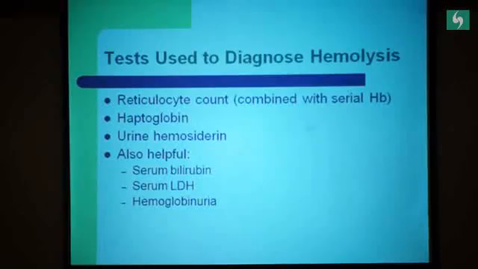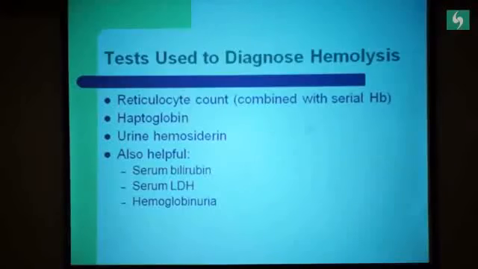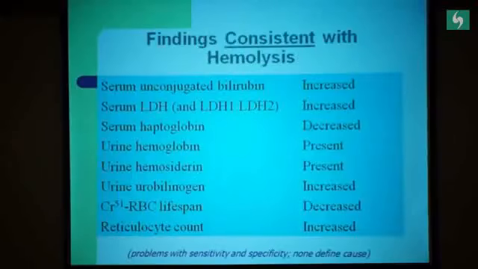finding that there is hemosiderin in the urine, the iron is deposited in the renal tubules, and so if a urine smear is made and we check it, we'll find iron deposits there. And suppose we find unconjugated hyperbilirubinemia, raised LDH or hemoglobinuria, all these are tests which are determining. And these are some of the features like retic count, unconjugated bilirubin, LDH, haptoglobin which is decreased, urine hemoglobin presence, hemosiderin present. These are the tests, none of them is definite, but yes, they are all indicators.